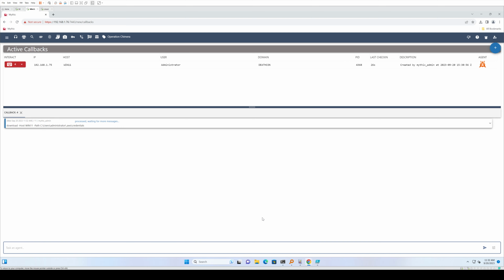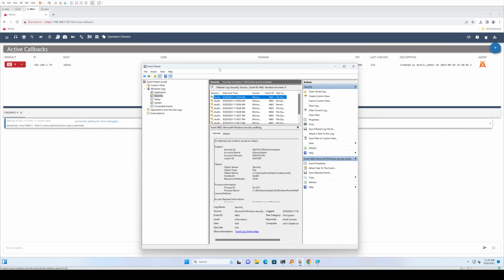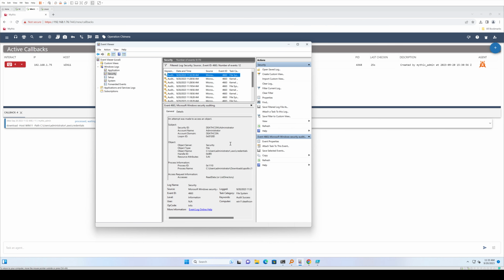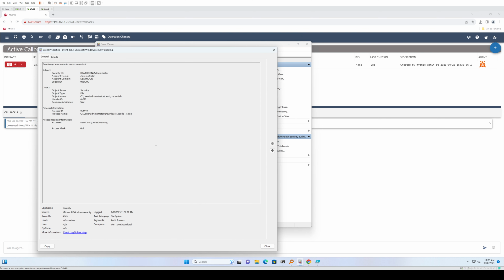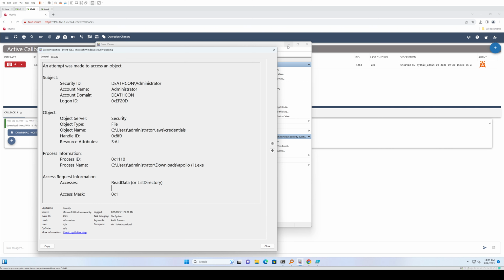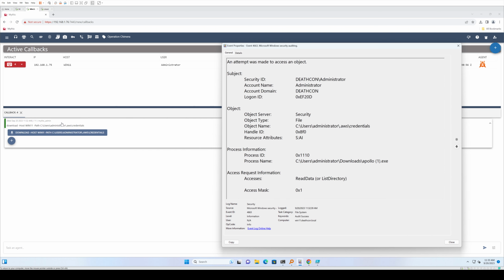If we browse to our event viewer, once this is done, and we refresh, we should see the same type of event that we were looking at earlier. This time you can see the command here on the left finish, so we could download our AWS credential file, and we see the event that our SACL auditing event was generated. We see the username that accessed the file, the file that was accessed, and again the process name. That's why the process is critical here. You can see that this strange executable named Apollo